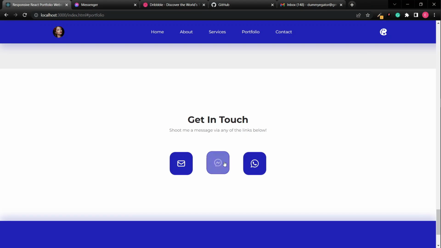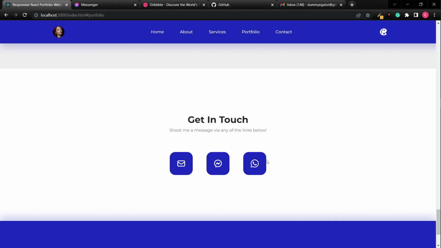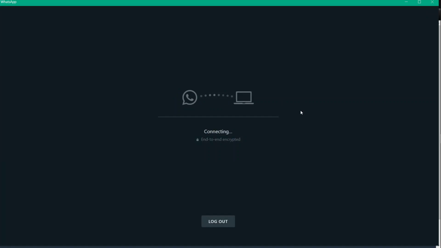You can also be reached via Messenger. Facebook Messenger. So on click of this link or on this icon here, they can directly message you here, and send you a message. I'm going to show you how to do that as well. And lastly, through WhatsApp. So on click of that icon,